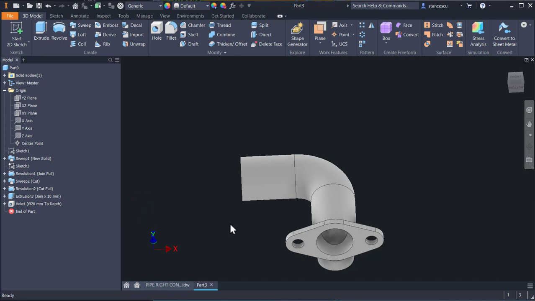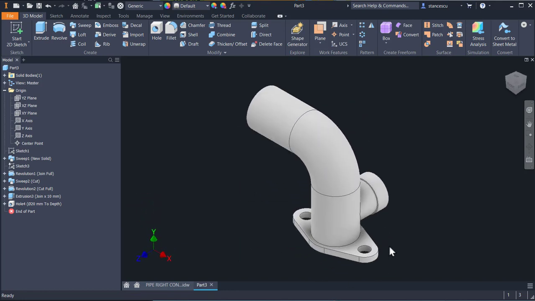Okay, now we have this feature created. Actually there are two features. I select both,